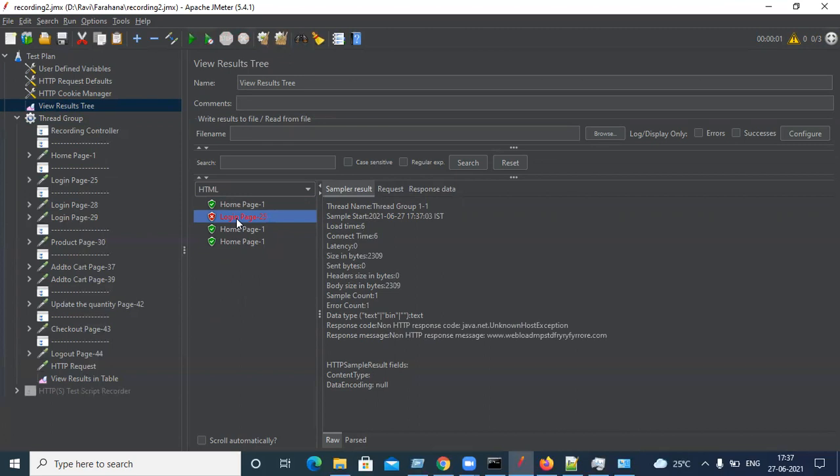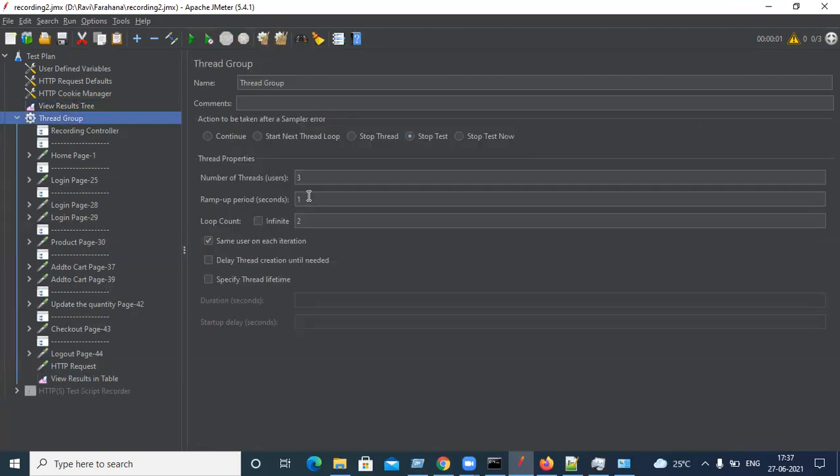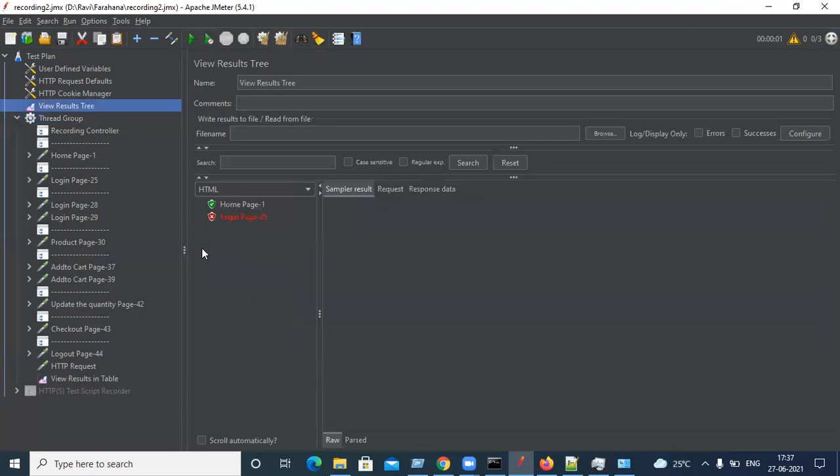Now there is no user, no loop, the whole test is stopped. At the same time, if I give a longer ramp up, what will happen? Only one user will run, because at the coming of the second time there is the error and it won't go for the second user, because there is more gap. In the earlier case, all three were hitting in parallel, so they got the error and stopped the test. Right now, only one is running, it got the error, and it stopped. It won't go for other users.